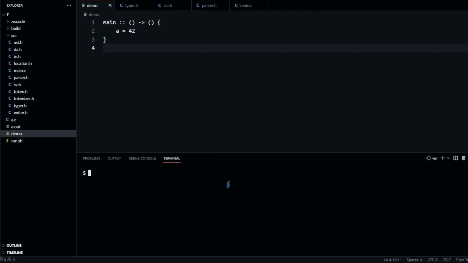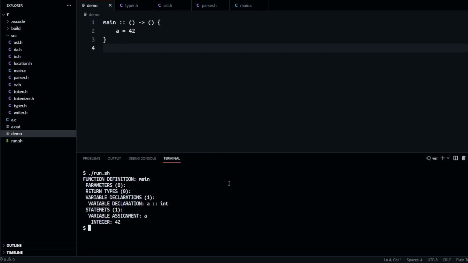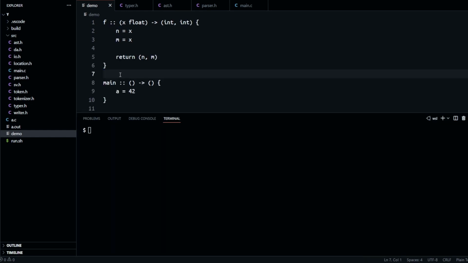And finally, if we parse the current code, you can see that we have a function definition main without parameters, without return types, with one variable declaration of the variable a of type int. In this case, a was inferred as integer because the statement of the variable assignment to a has as an expression integer 42. If we try to parse a more complex and interesting program, in this case the function f with